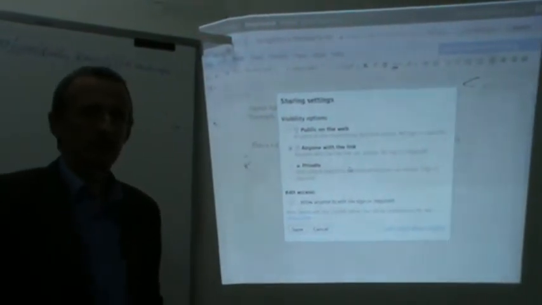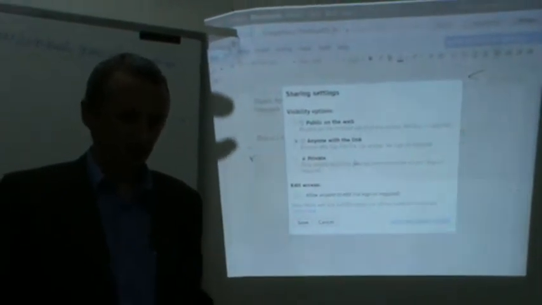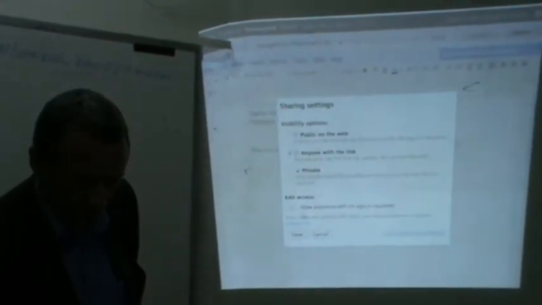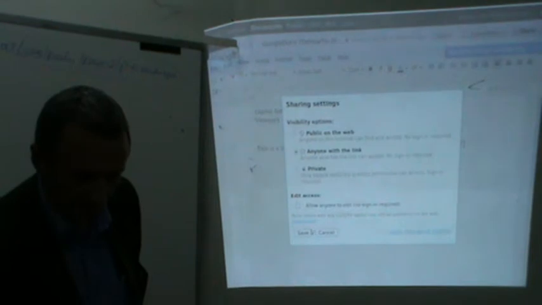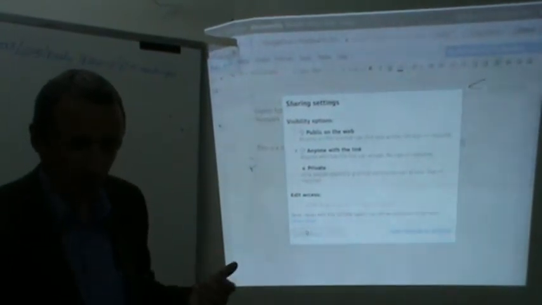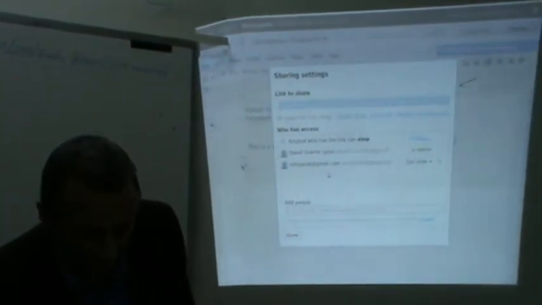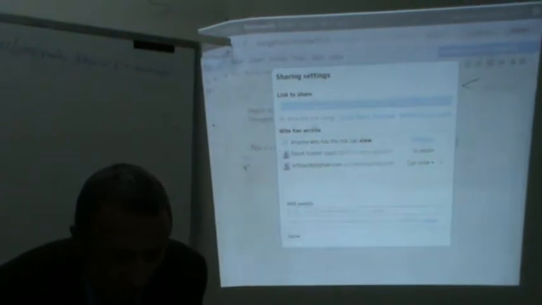So the bottom line is: if you click this one and save it, and you can also allow anyone to edit, then you can save it and now a link to the document pops up. That's this one here. Furthermore, you can now share this link. So if I choose Twitter, for instance, I can share this document with whoever is on Twitter as I speak. Here GPS Academy logs in automatically, but I would rather put myself here